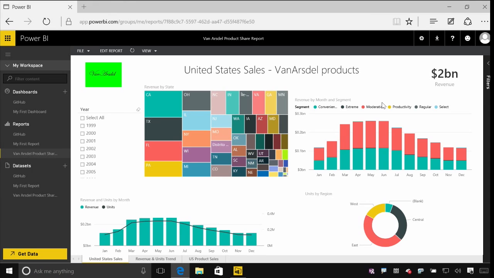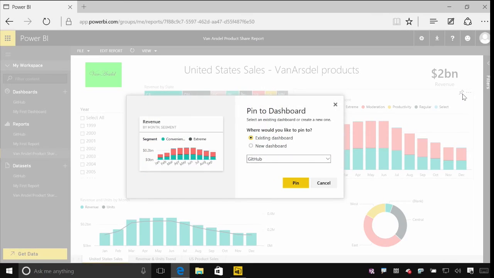Now that we've got a report uploaded into the Power BI service, I can use the content in this report to start building more dashboards. The process that we do that is called pinning. And all I need to do, if I'm interested in one of these visuals, to pin it to a dashboard, I hover over that and click this Pin Visual button. I'll get given an option to either pin this to an existing dashboard or to create a new one. In this case, I'm actually going to create something new, and I'll have to give it a name.